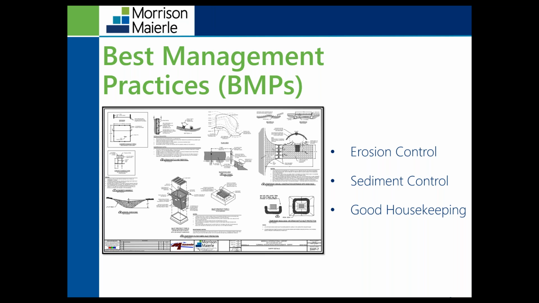There's also sediment control BMPs. These are practices that trap soil particles after they've already been dislodged and minimize the soil particles carried off-site through stormwater discharge. So when we're looking at sediment control, this is really a second line of defense. The erosion control BMPs are going to be the most effective way of controlling and minimizing pollutants from being discharged from a site, but there is a potential for soil particles to be dislodged and carried in that stormwater. So then we want to look down gradient, have some type of sediment control in place to prevent any sediment that has been dislodged.